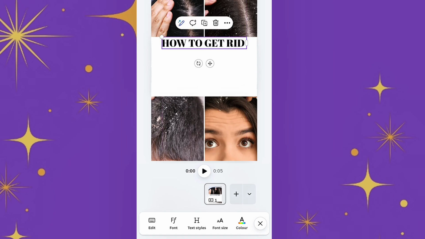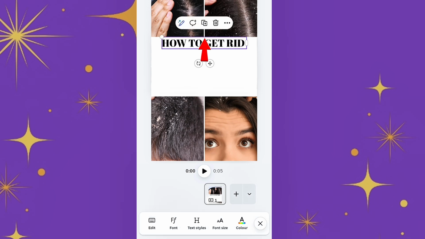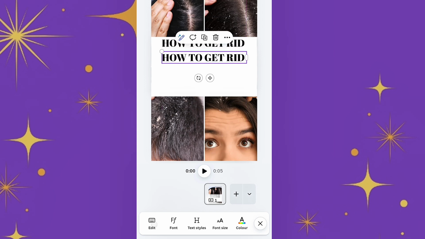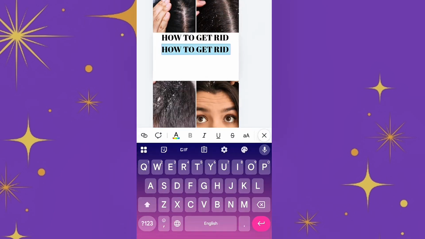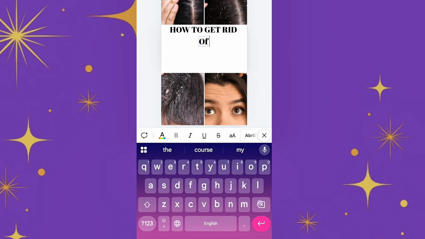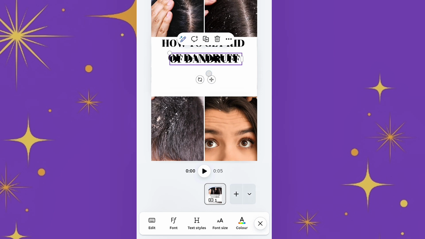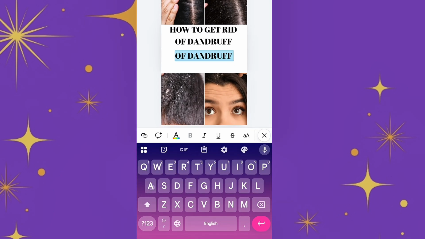Then you adjust and duplicate. So if you want to duplicate your image, all you just have to do is to click on it, click on this plus icon here, and it will duplicate for you. Then you click on edit and then write the other write-up you want to write, which is how to get rid of dandruff, duplicate and edit